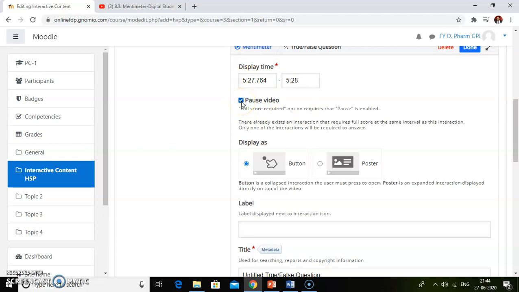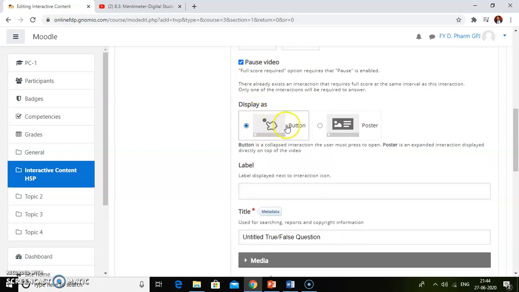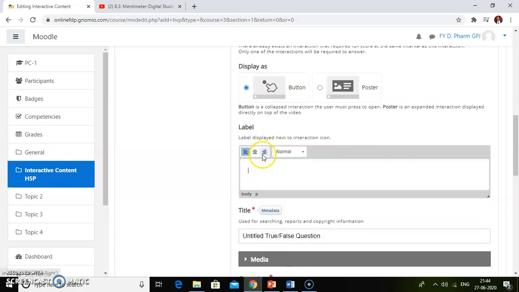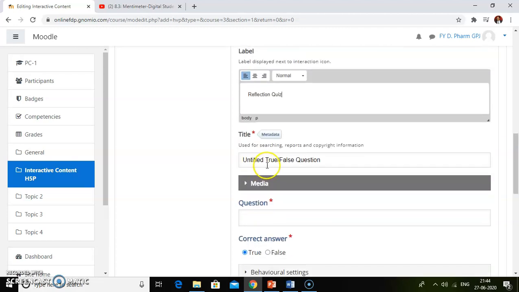Then pause video will be checked, so the video will be paused automatically at this point and the question will pop up. So I will click on the button, then I will give a label, reflection quiz.